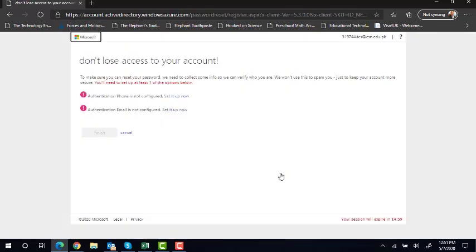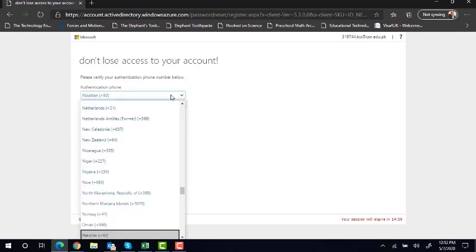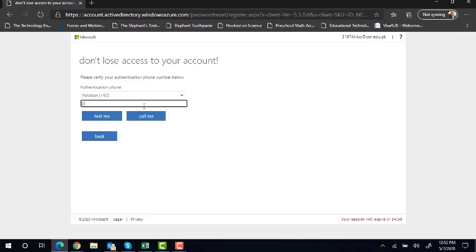Now the next page is very important. What happens is people at times forget their password. They write it down somewhere, then they forget it. So there is a procedure through which you can recover the password of your child. There are 2 procedures for that. Number one is to use your phone as an authentication device. So we would suggest that parents should use the phone authentication, select the country, and enter the mobile number which they are currently using, so that in case a child forgets his password, you can recover it by entering your phone number and you will get a verification code.